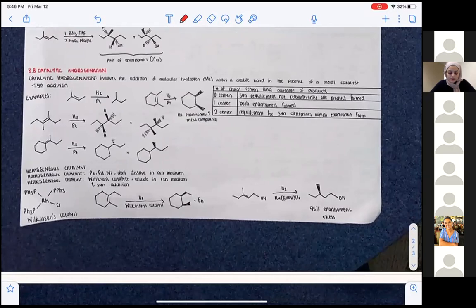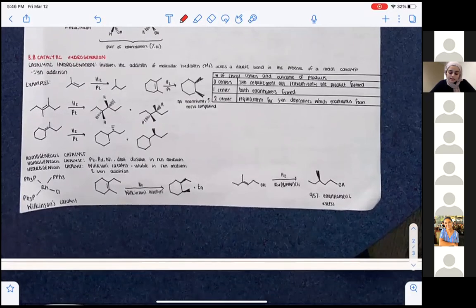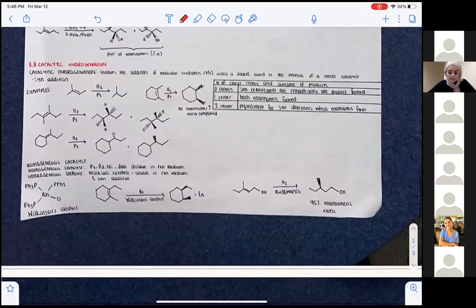Then it goes and talks about heterogeneous catalysts, and those would be Pt, Pd, and nickel, and those don't dissolve in the reaction medium, whereas we have homogeneous catalysts like Wilkinson's catalyst, and that is soluble in the reaction medium and also causes syn addition. So over here, this is Wilkinson's catalyst. Know what this catalyst looks like actually,